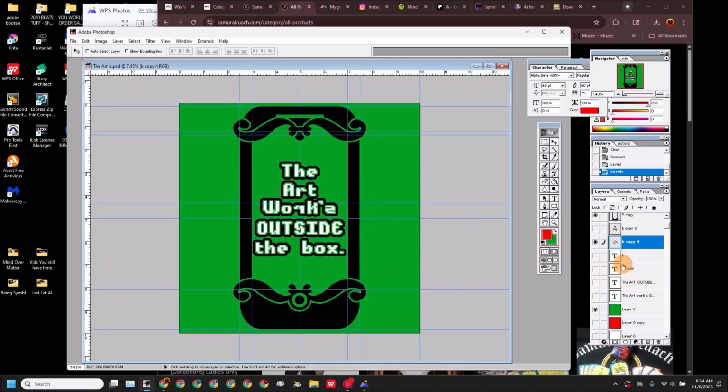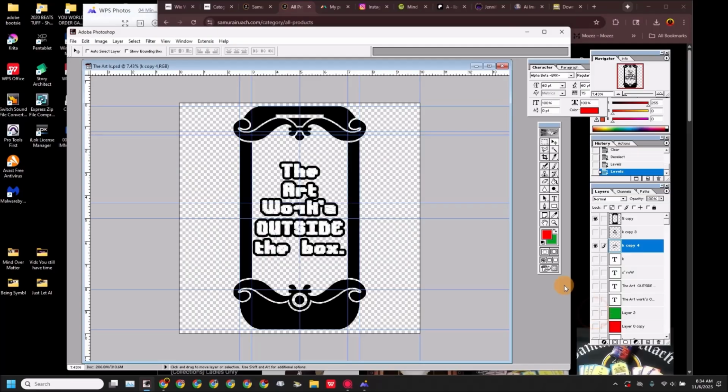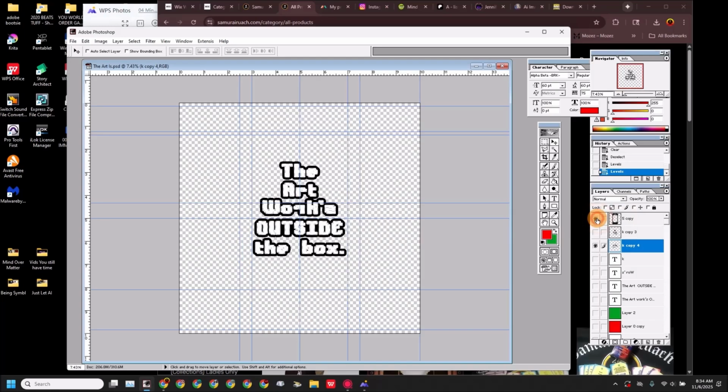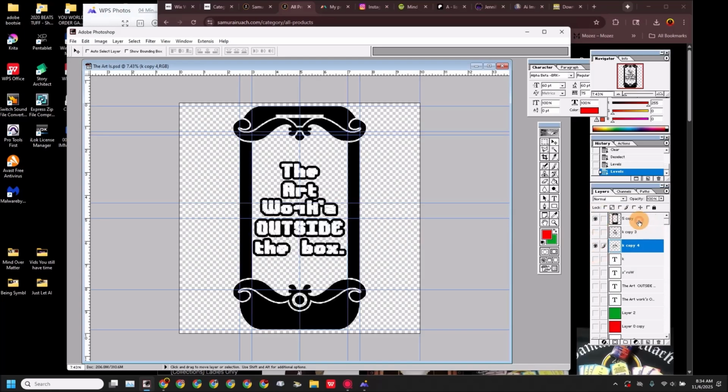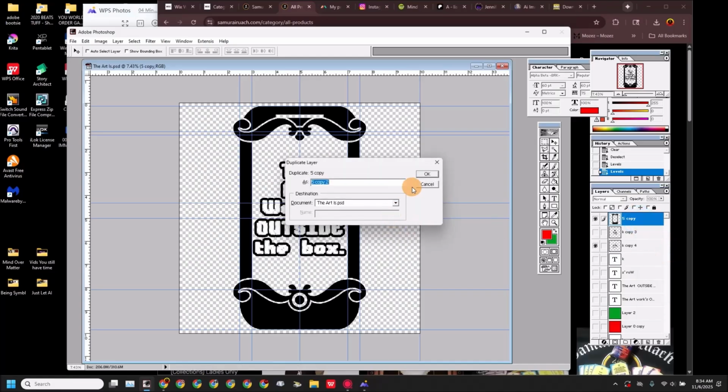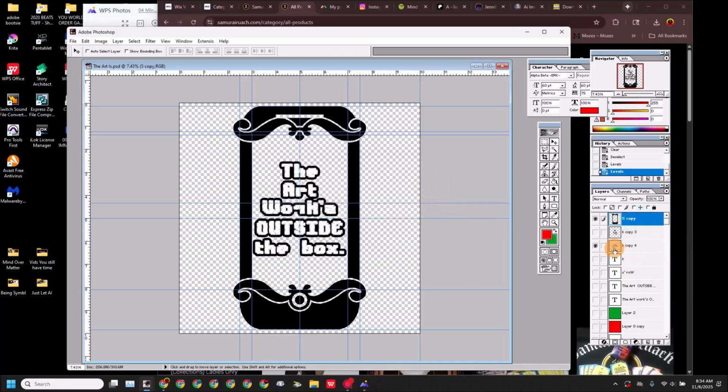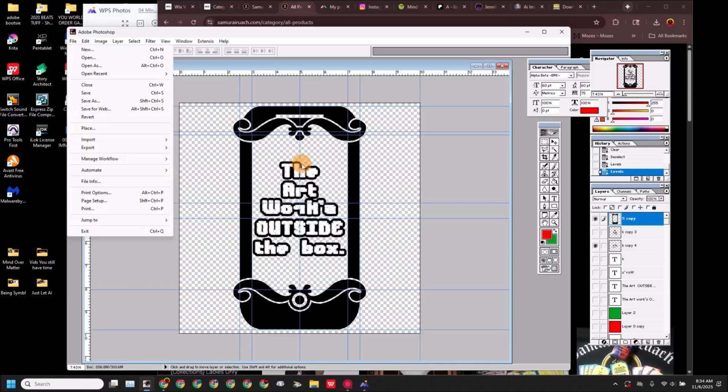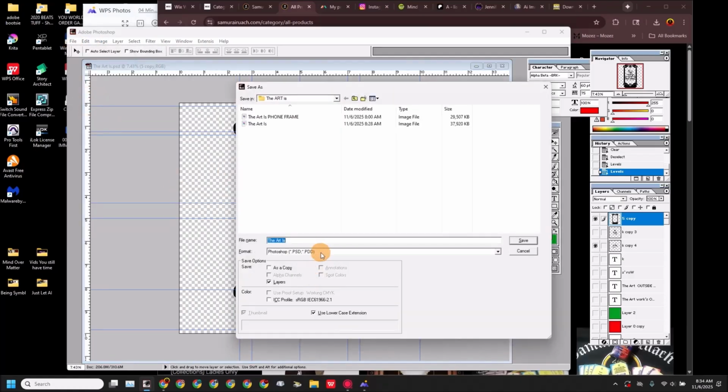That's how we want it, right? What you can then do, just to give yourself variations, is this: the main thing we're working with is basically this text image and the phone image. So what you can do is take the phone image and duplicate that layer. Or, we'll leave it like this. What I was going to do is take this phone and invert it so the phone is white, and then take this and invert it so that the white is black and the black is white. But I'll just take the whole thing, file, save as, and then we'll save it as a